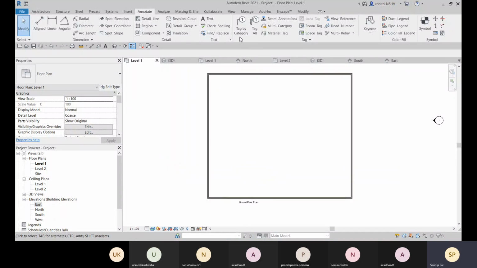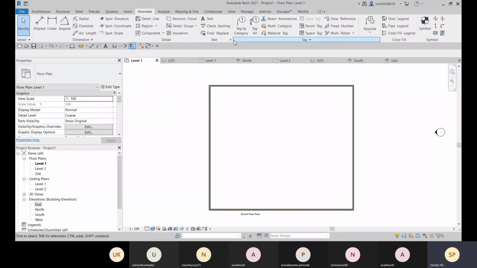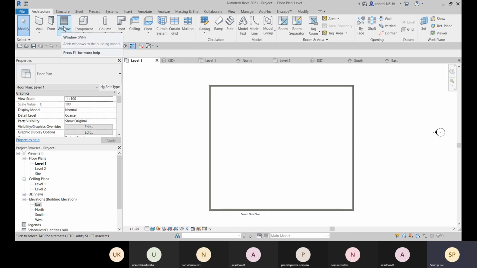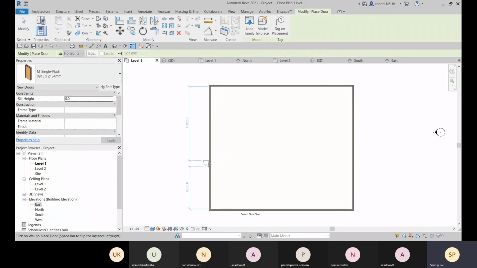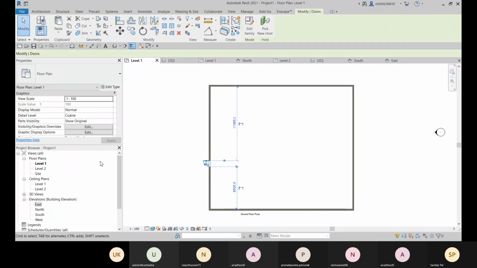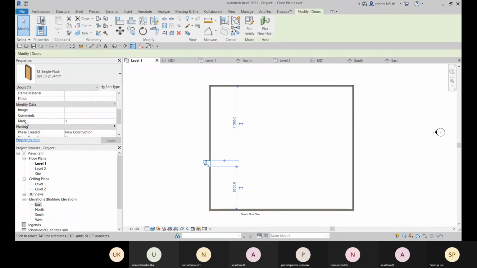And for tagging, for providing tags, you can choose tag by category. So rather than providing with this text and arrowhead, you can simply go with this tag by category. Here, if you are placing with any window or any door there, like this, and right now you can see this is marked as 1.